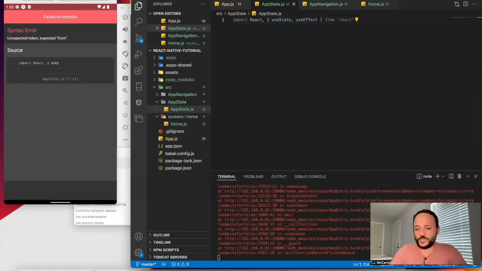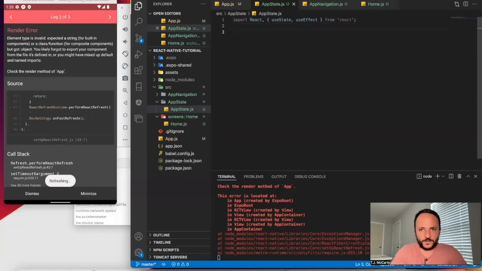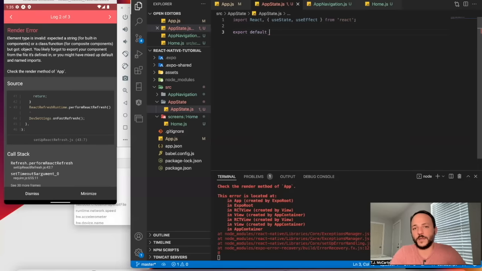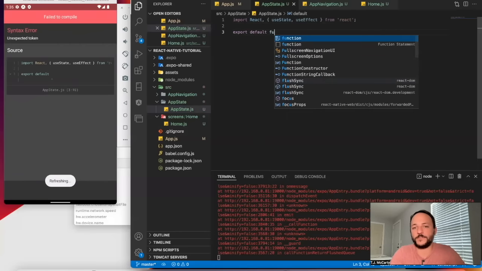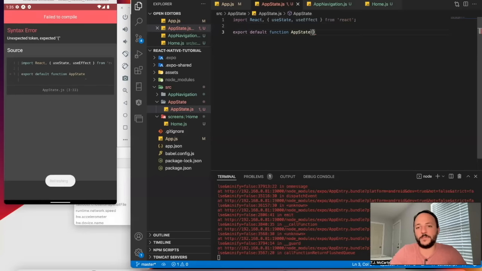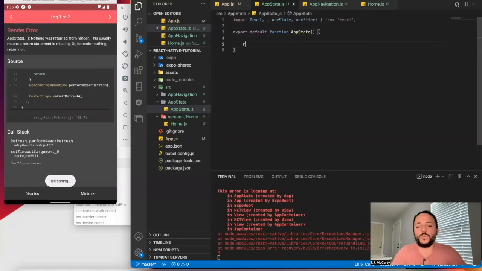And I will show you how hook functions work right now. So I'll say export default function app state. I'll do it like this. We'll return. We'll just go ahead and